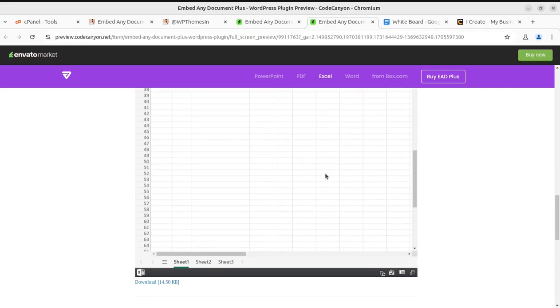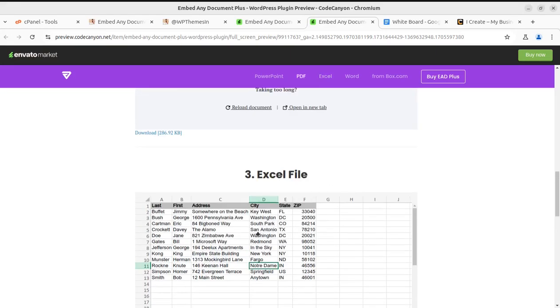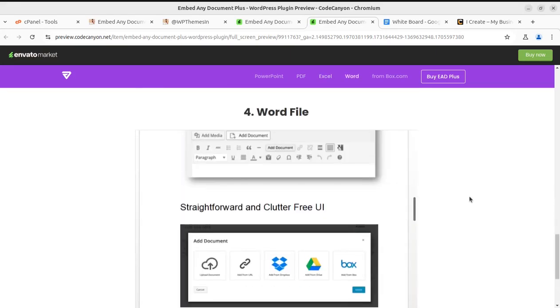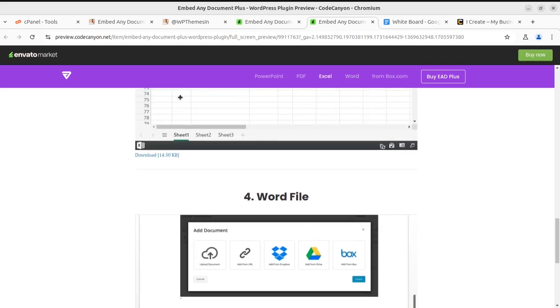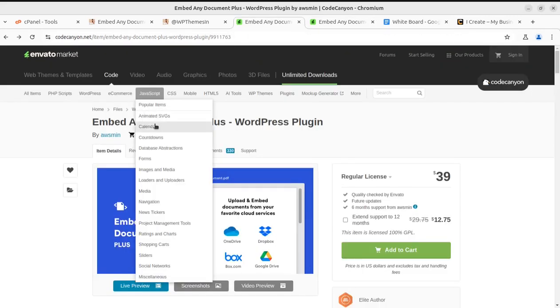even Excel file in very interactive formats like this, and Word file, and all using the existing repository of WordPress or any external repository as well. Like you can integrate the Google Docs here and Dropbox here. You can use the external link even for embedding the document. So it is going to be super simple, and it is coming from a plugin that we are going to